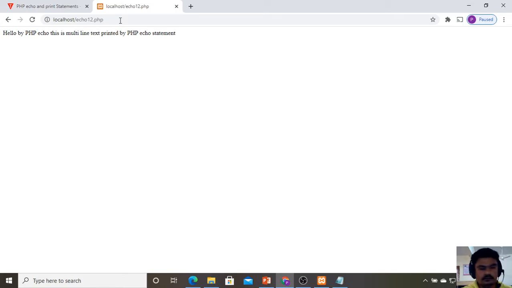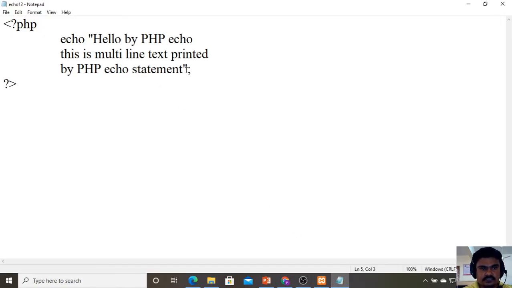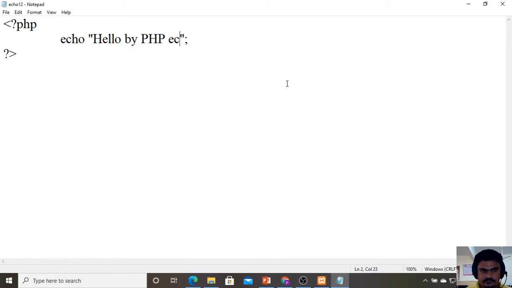Let us go and get the escape characters. What I will do, just some modifications here. Hello PHP. So I will use a backslash. I need to get it from the keyboard.